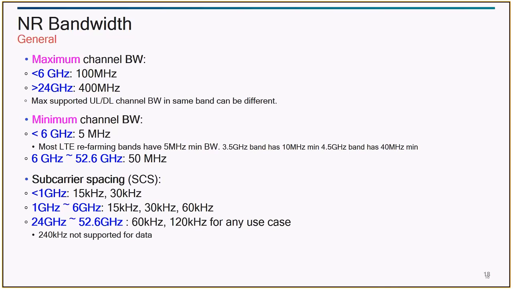Are these fixed or are they recommended values? This is release 15 fixed, but nothing stops that in release 16. This can change. But would a network like to introduce that complexity? I would show one slide where I indicate how this would become scary and complex for the UE as well. So we'll come to that.